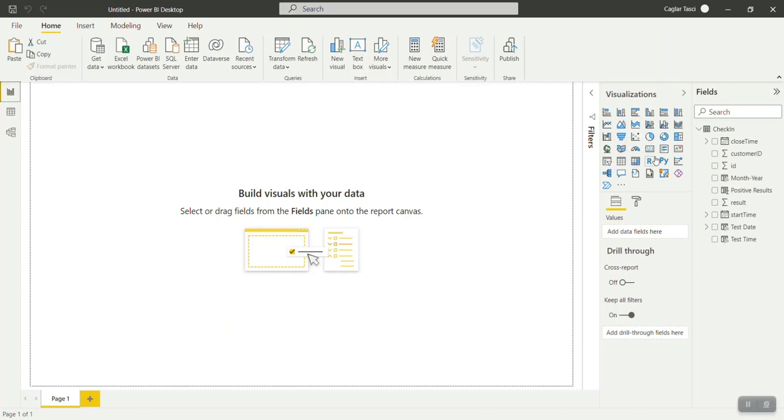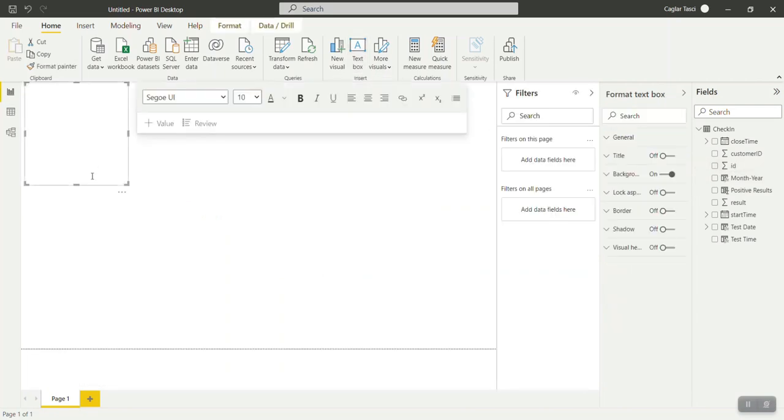So first I will use a text box from the top to give a heading to my report, and I will be calling this report Corona Test Center SB report.